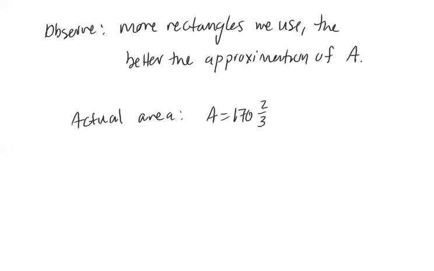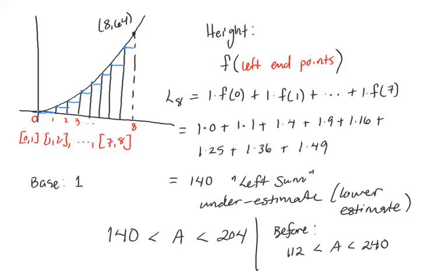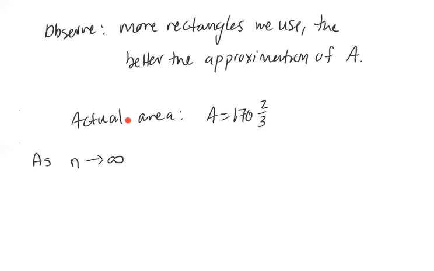Notice that as the number of rectangles gets larger and larger, so as n approaches infinity, as the width of each rectangle gets smaller and smaller, the estimate of the area gets closer and closer to the actual area. So as n approaches infinity, where n is the number of rectangles,